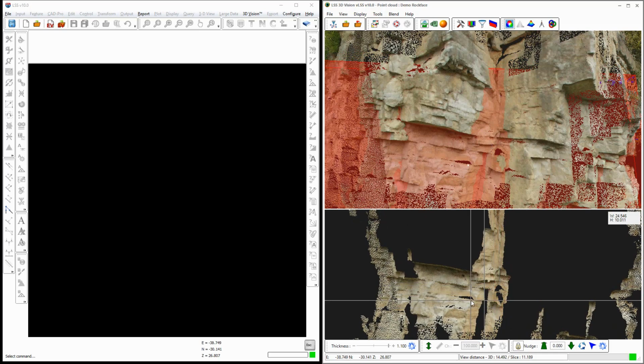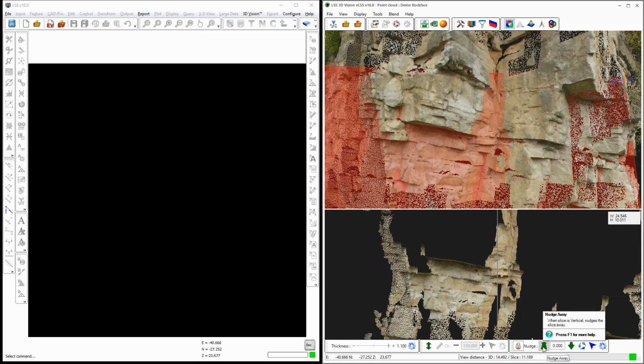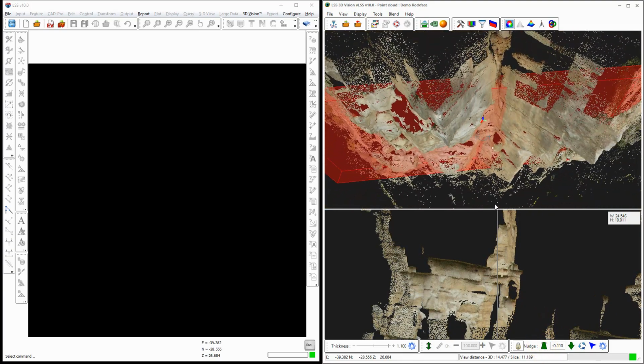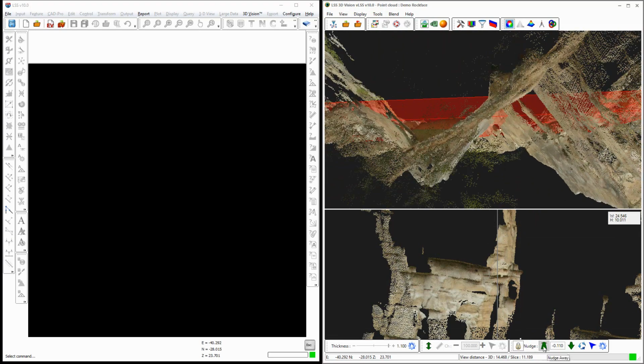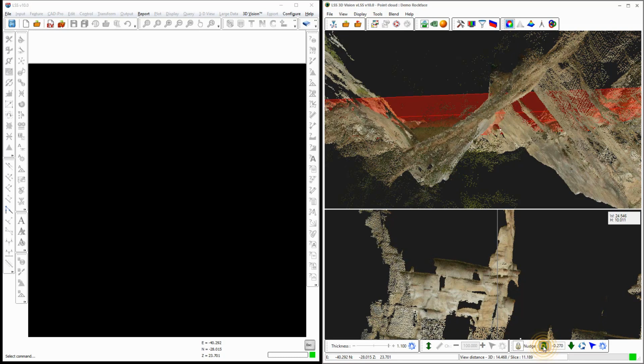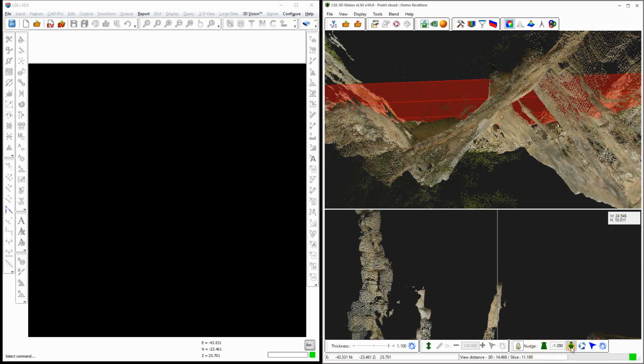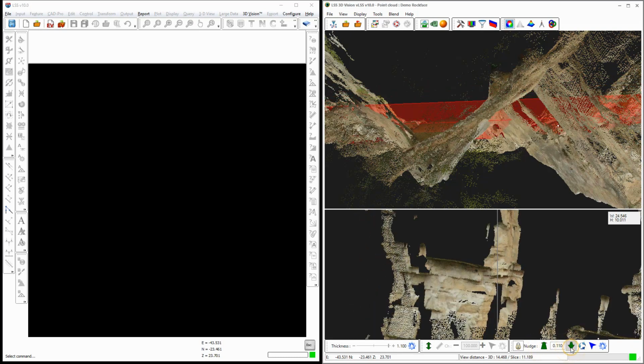There are several controls within the slice view, one of which is nudge away. This is now nudging back into that rock face. It might make it easier if I view it from above. You see it moving away, and you can set the increment, so now when we nudge, it nudges much quicker. This option resets the nudge back to where it was. This will allow me to select